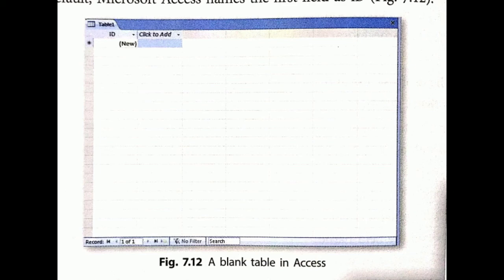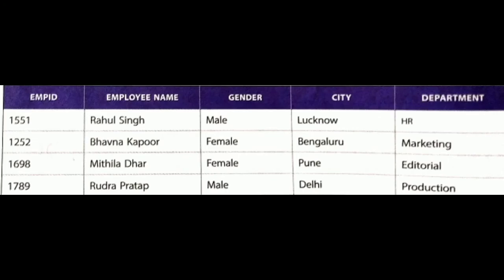Okay, and now let us study how to enter data into this table. This is a blank table now, and let us study how to enter data into it by using the datasheet view. I want to transform my blank table into this form, like what you see in this picture. This is an employee table, and the first field, as you see, is the employee ID field, which is automatically created by Microsoft Access. So you can leave that ID field, and the rest of the fields are employee name, gender, city, department. Now let us see how to enter these details into our table.